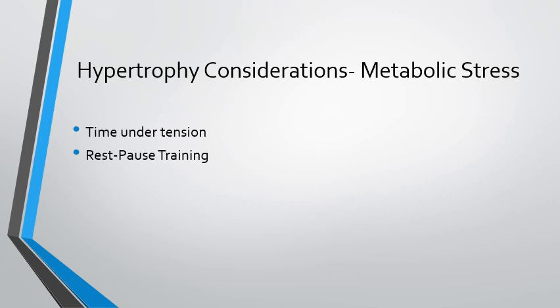So rest pause training is when you take an exercise, let's just take a dumbbell bench press, for instance. You basically take short predefined rest periods within a greater percentage of the range of motion. Okay, so basically what you'll do is you'll take